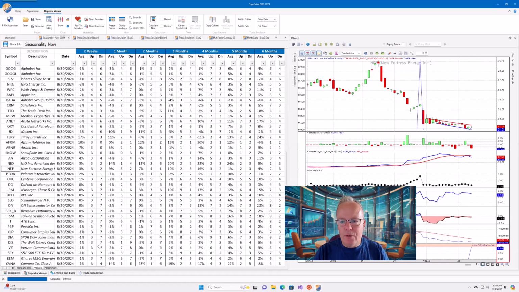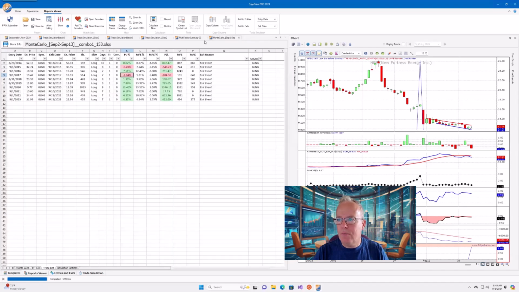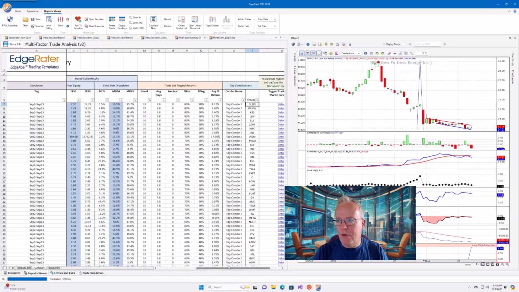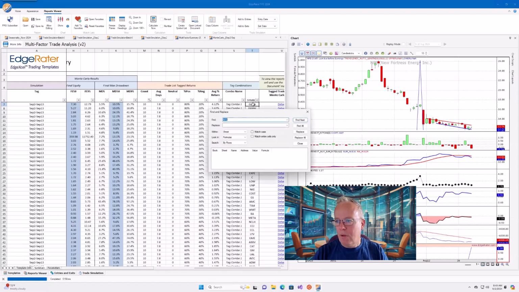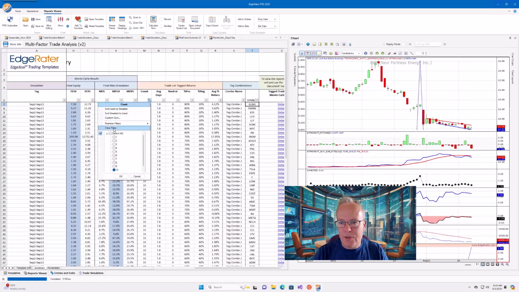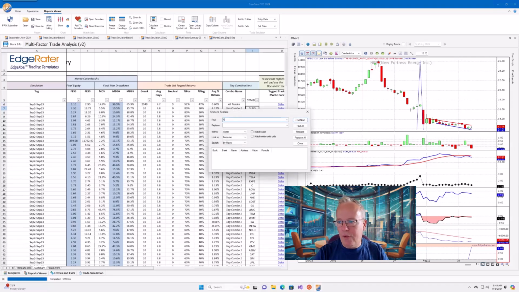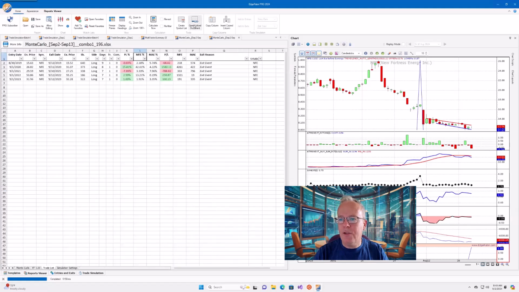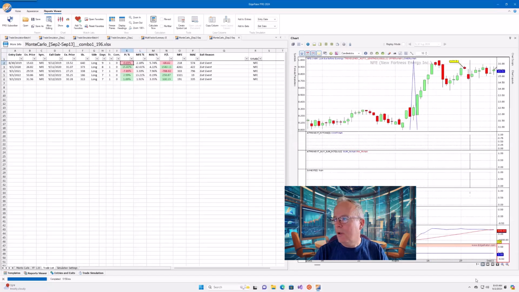Let's go and look at the actual trades. So here's my summary here. Let's go back over to symbol and I'll search for NFE in here. And it's not in here because I sorted it by count. So let's clear that filter. I'll look for NFE again. And here it is. And now I'll open that in the linked document. There are the 5 years. There's the 3 up years and the 2 down years. So here we are.